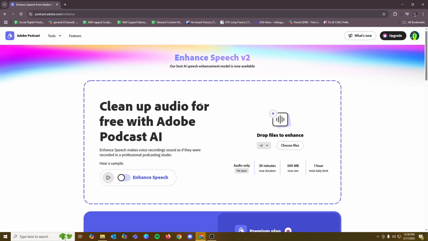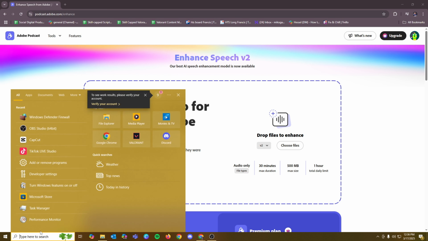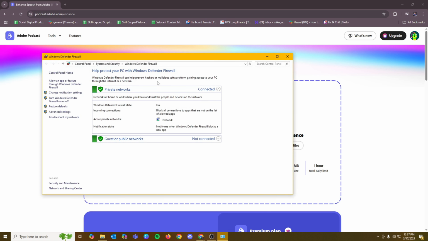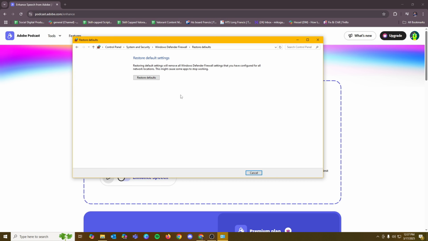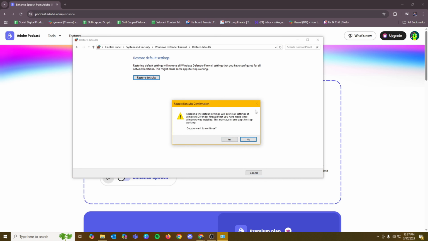So what you can do to remedy this issue is to just head to your taskbar and search for Windows Defender Firewall right over here. And then from here, just look for the Restore Defaults option. This is only accessible for admin, so do take note of that. Then if you click on it, it'll open a new window, and then just click Restore Defaults, select Yes, and you should be able to access your Adobe Enhance Speech